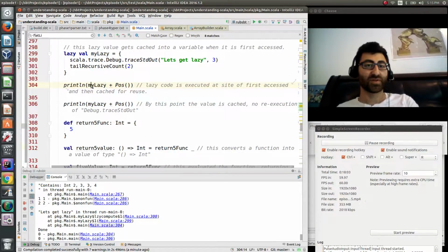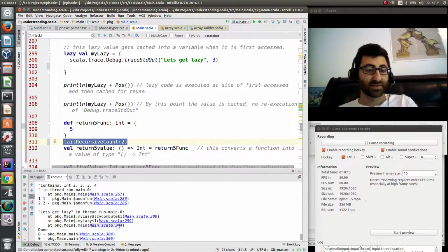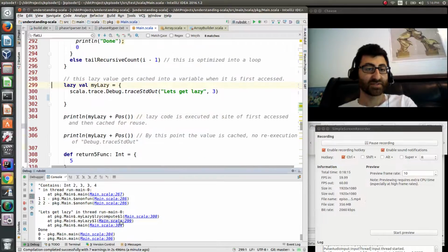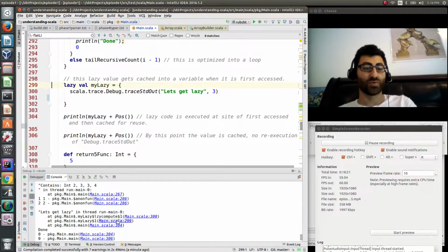So at this point in the program is the first time that my lazy is read. So it's going to print out "let's get lazy" with 3 lines of stack trace, and then it's going to do this tail recursive count with 2. But if we look at "let's get lazy", first line of stack trace, second line is "let's get lazy", third line is there, right? So this, boom, boom, boom,